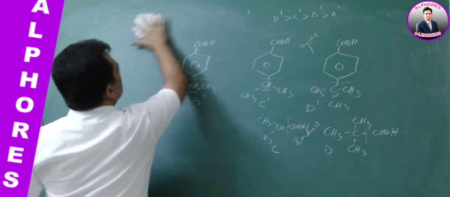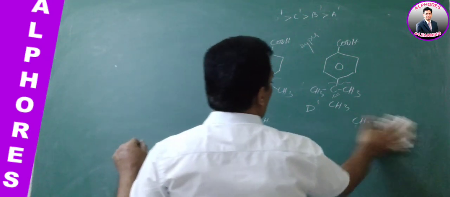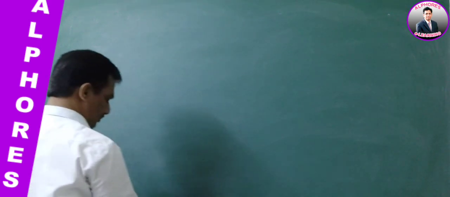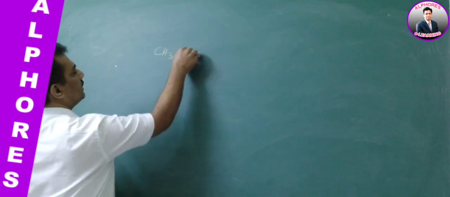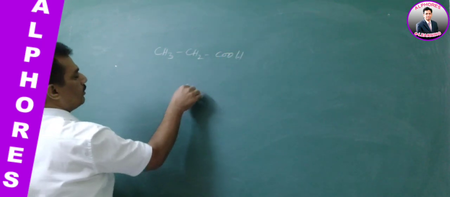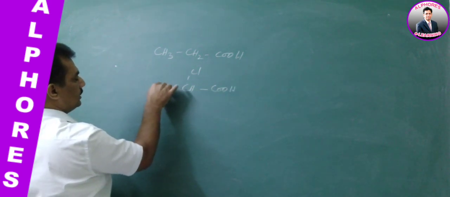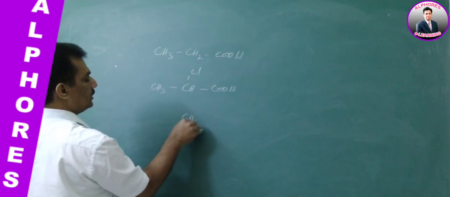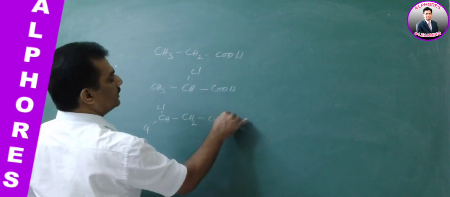And one more concept is conflicting. That means we get a dilemma. We will be at a crossroads. How to approach? In which direction do we have to go? We are not having clarity on this type of question. Let me give that example. One compound is given like this: CH3CH2COOH, propionic acid. In one compound, here one Cl, COOH and CH3. And in the other case, it is CH3CHCl, Cl, COOH.